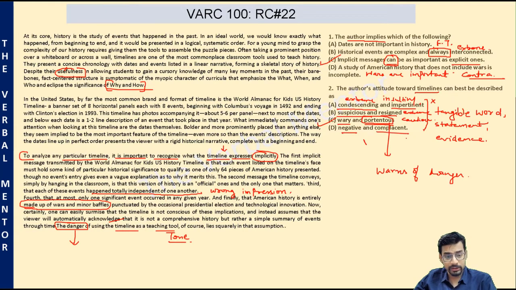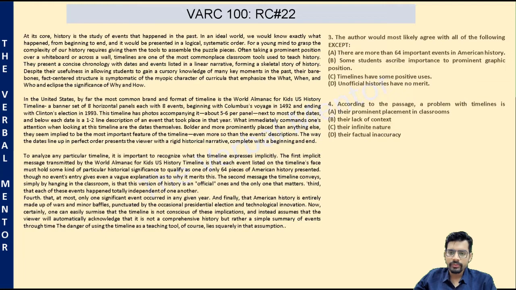Is he complacent? Complacent means he's okay, he's satisfied. He's negative, but he's satisfied. Okay, chalne do, jaisa kaam chal raha hai, just let it be. Nothing of this nature is mentioned in the passage. In fact, he wants some change. So this complacent is also contradictory to author's tone. Goes out.